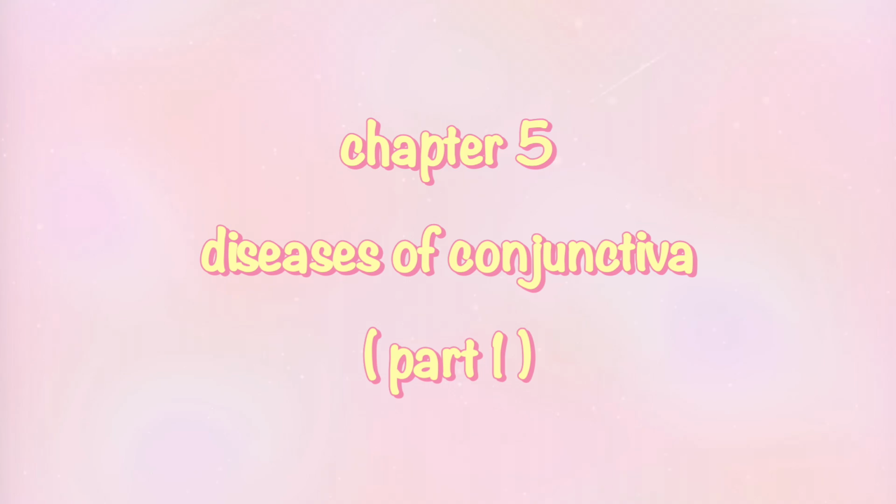Third, conjunctival fornix. It is a continuous circular cul-de-sac which is broken only on the medial side by caruncle and plica semilunaris. Conjunctival fornix joins the bulbar conjunctiva with the palpebral conjunctiva. It can be subdivided into superior, inferior, medial, and lateral fornices.